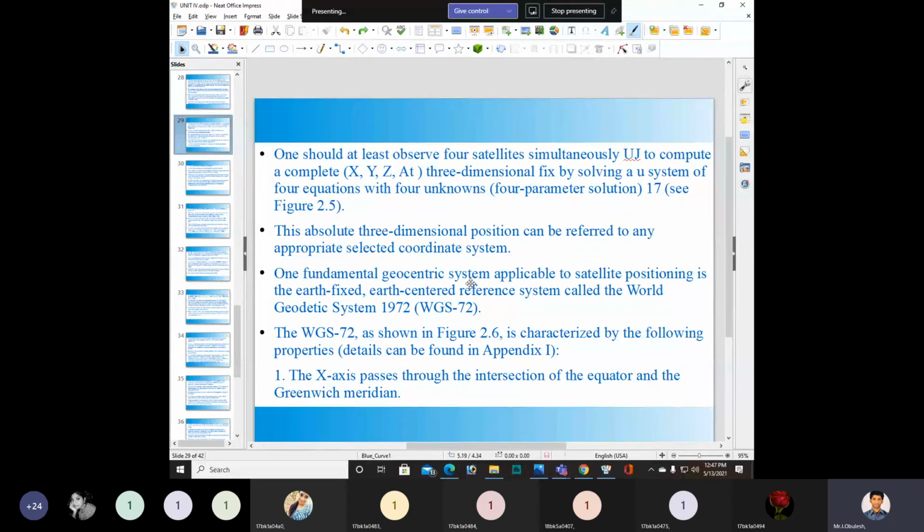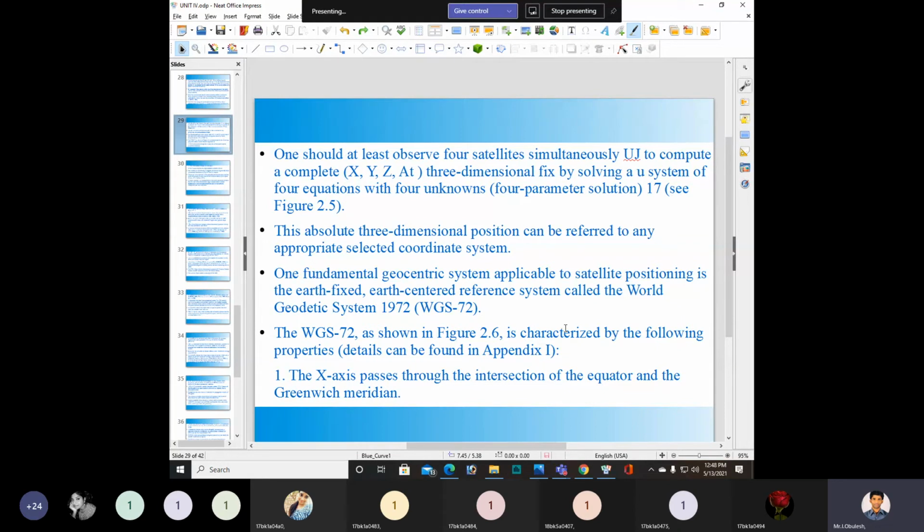One fundamental geocentric system applicable to satellite positioning is the Earth-centered reference system called the World Geodetic System 1972, WGS-72.